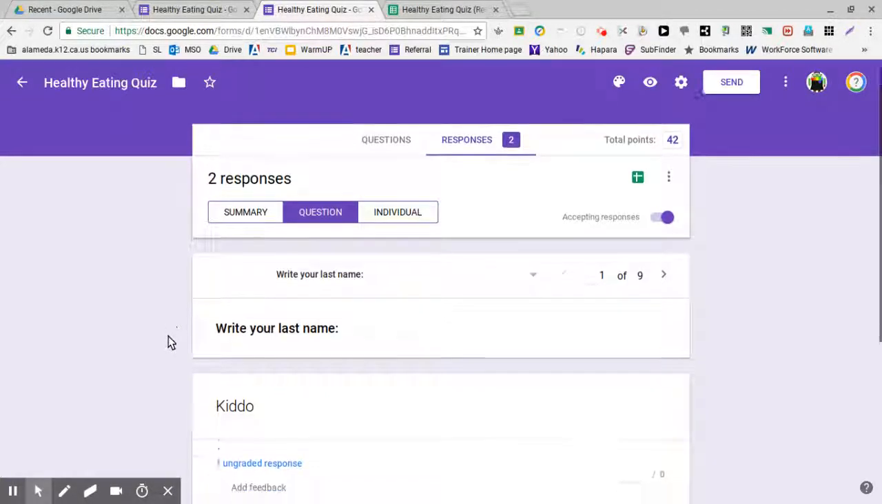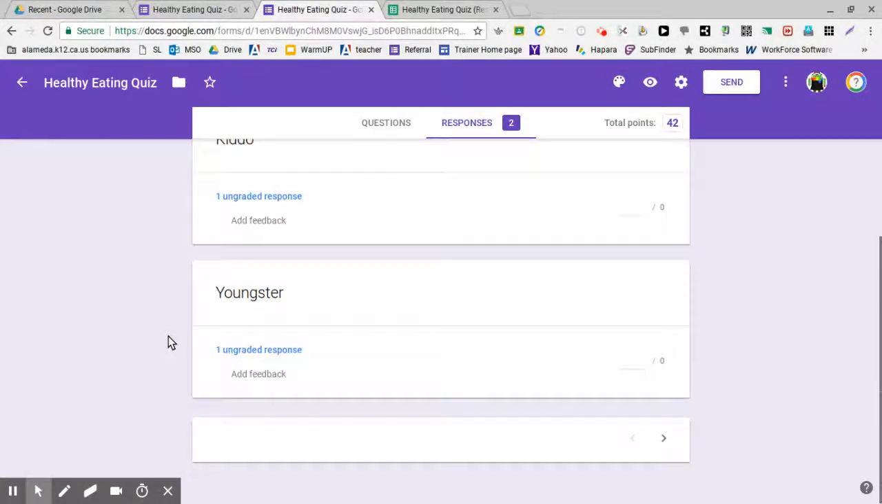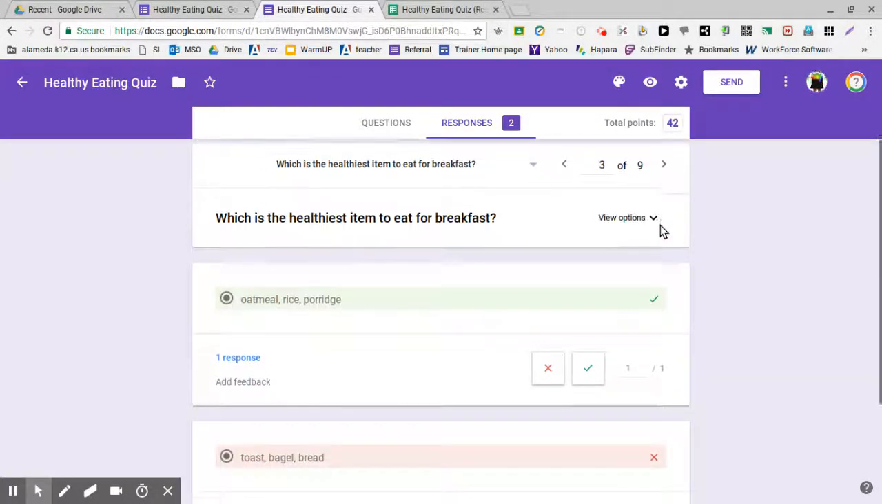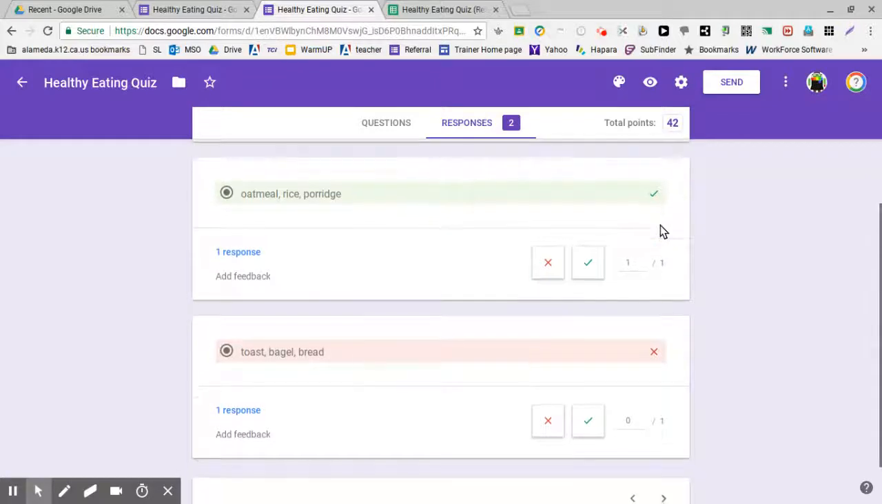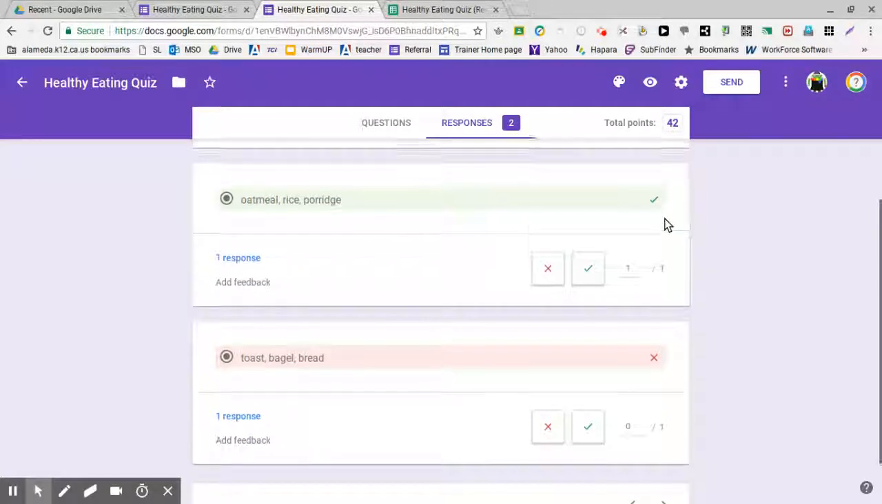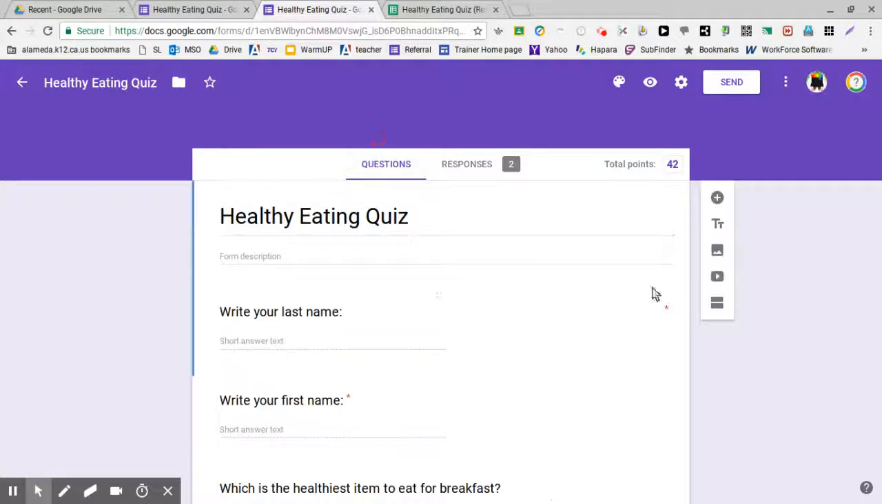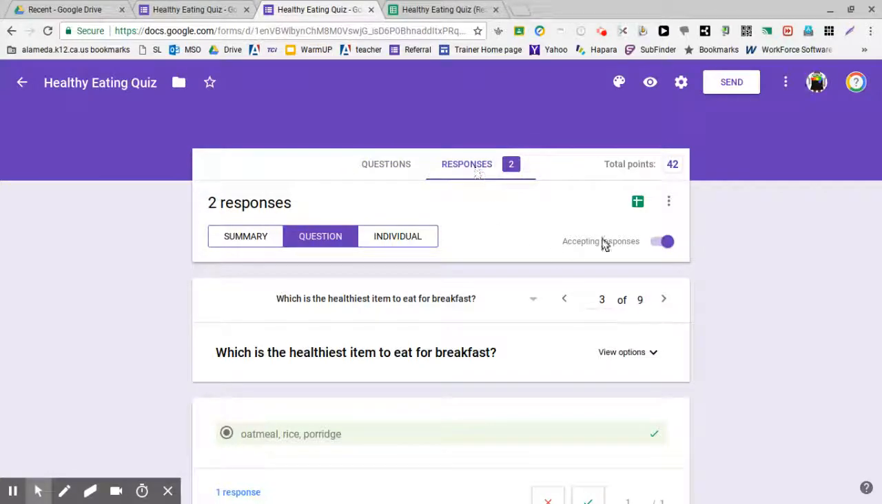I can also get my breakdown of how they did question by question. I don't really care about their first and last names very much. But I can see how they did if I want to compare student 1 and student 2 on their question performance. So coming back to my questions and my responses, I then remember that I can put all of this in a Google Sheet. So I view responses in my sheet,